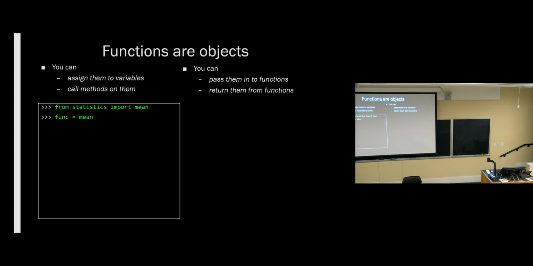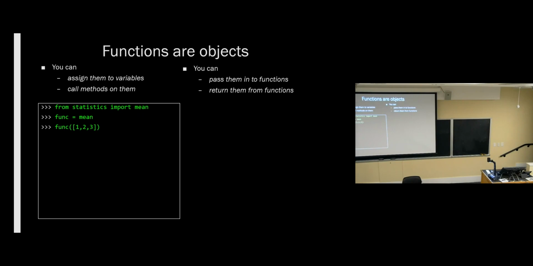So here's an example of setting a function to a variable. It's as simple as making any variable. The main difference here is that usually we're used to seeing functions paired with a set of parentheses. When you put those parentheses on that function, that means you're calling that function. In Python, if you leave those parentheses off, then you're just referring to the function itself. And that's an object, and so you can assign it to a variable. It's kind of weird to see, but it works just like any other variable assignment.